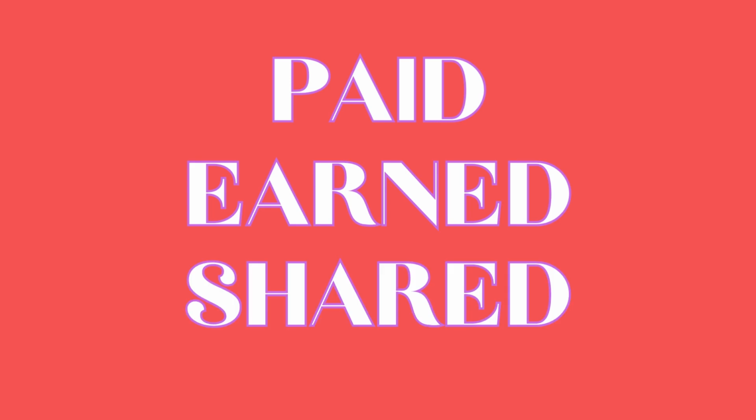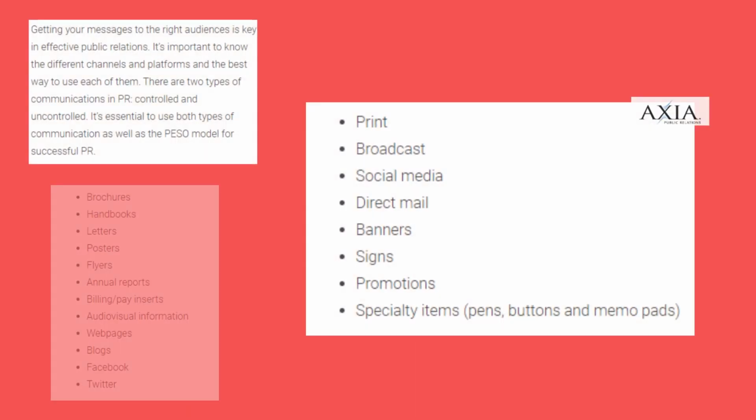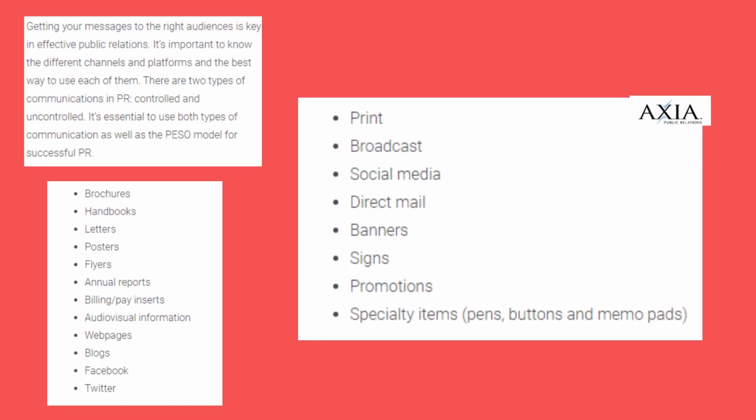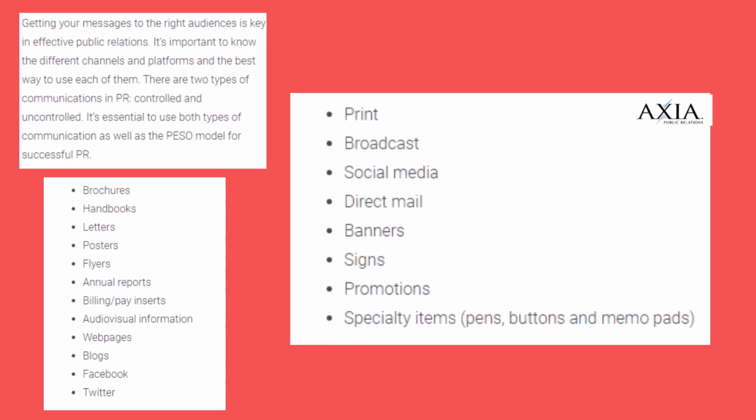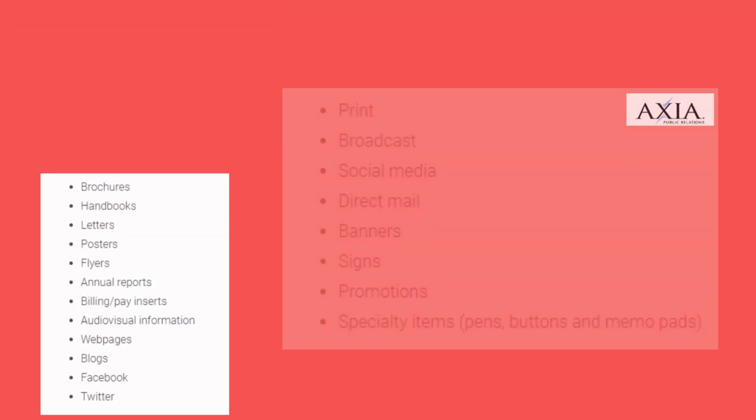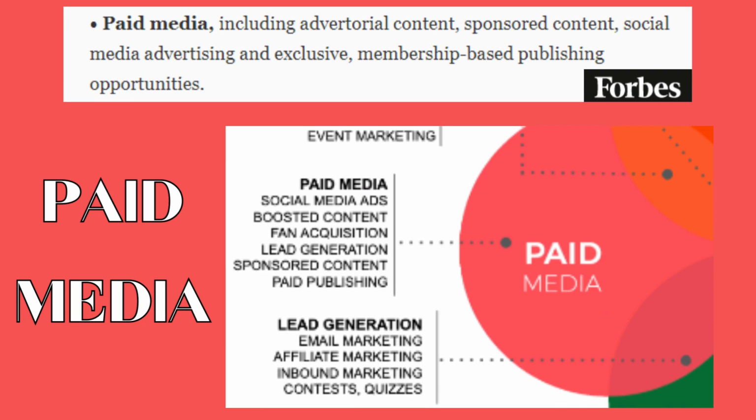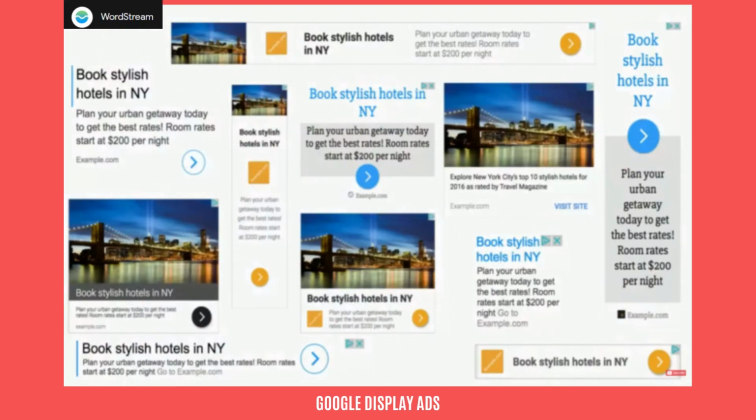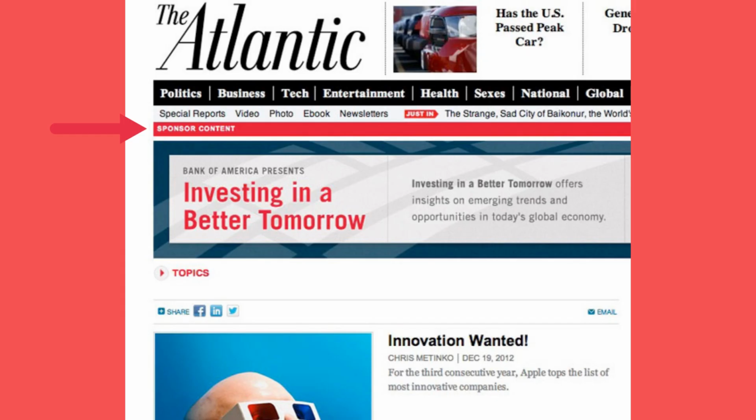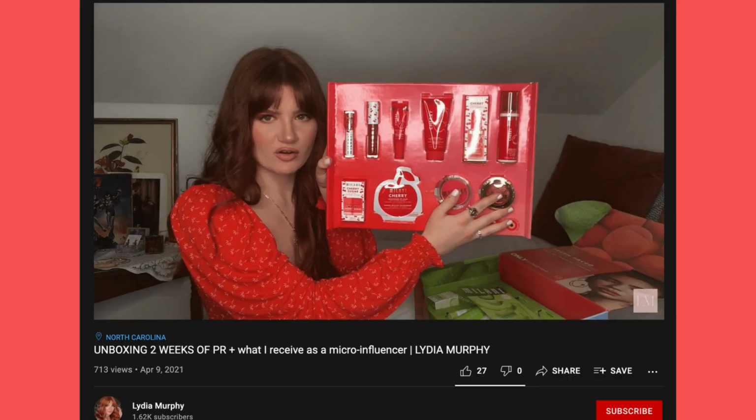The PESO model stands for paid, earned, shared, and owned media. Media, in this instance, would be the different channels of communication between a brand and the public, whether it's one-way communication or two-way communication. Paid media would be what it sounds like. It involves brands paying for coverage or hosting advertisements online. Paid media includes search engine advertisements, social media advertisements, sponsored content in news publications, on the videos of influencers, and